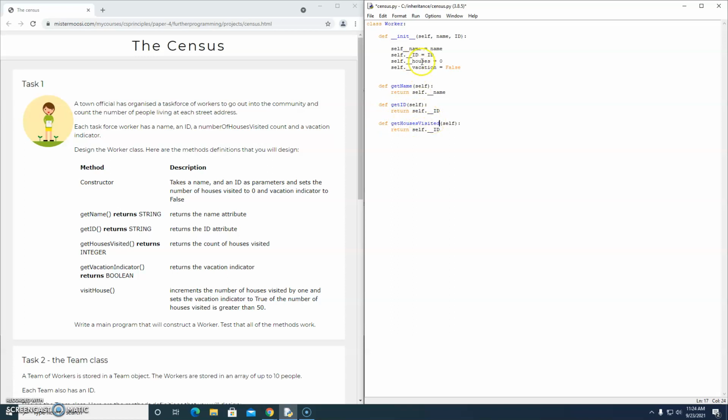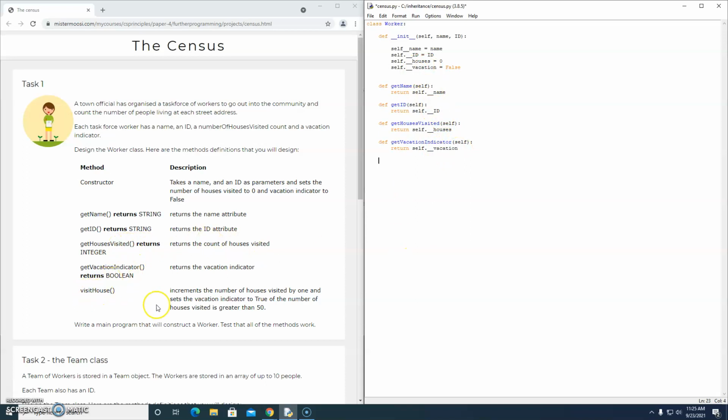And I called that houses. And get vacation indicator. Okay, let's copy and paste again. Get vacation indicator, and then we're just going to return that data that's stored in the object,